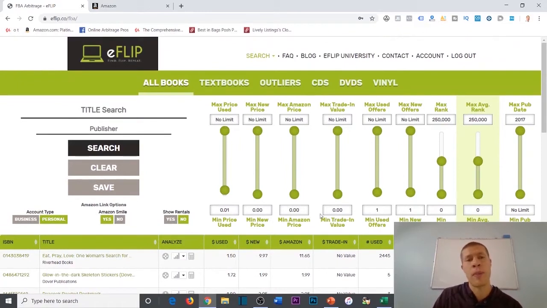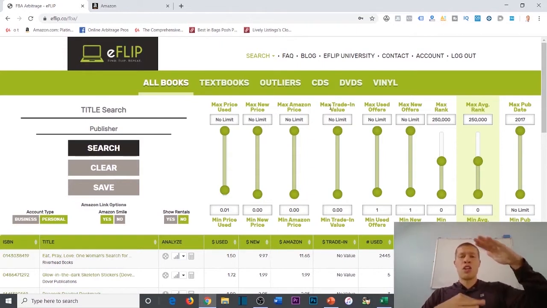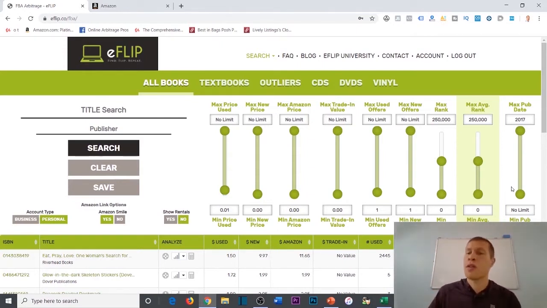Well, the more you do it, the better you'll get at it. And you kind of want to mess around with it a little bit, just like any software. So if you have any experience with private label products and Jungle Scout, you kind of want to play around with this, and you want to get different looks of books that other people might not be seeing. And you want to go real specific and then slowly broaden out your search results. So to give you an example of how I'm going to set this up, and it's literally different every single time, so that I'm